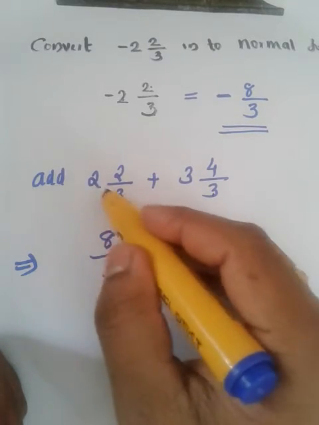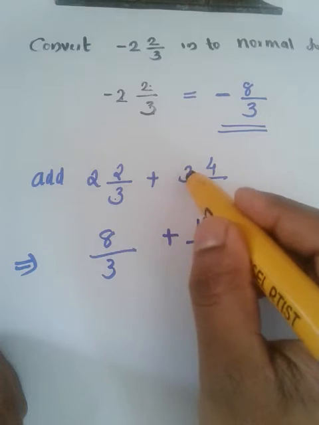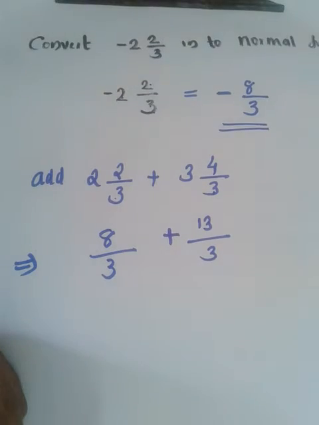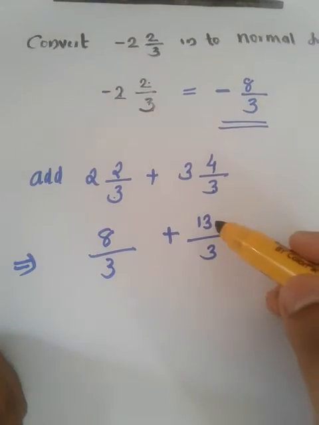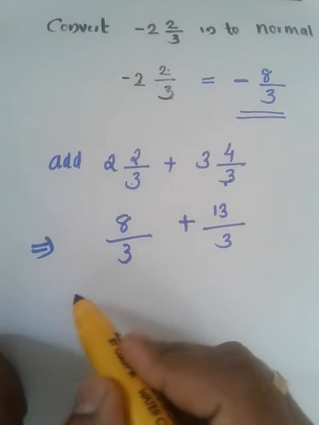Sorry, 3 into 2, 6. Then 6 plus 2, 8. So 8 by 3 plus 3 into 3, 9. 9 plus 4, yes, is 13. 13 divided by this denominator. You should keep the denominator the same. And now just see,